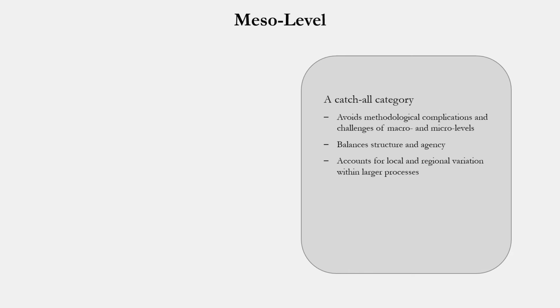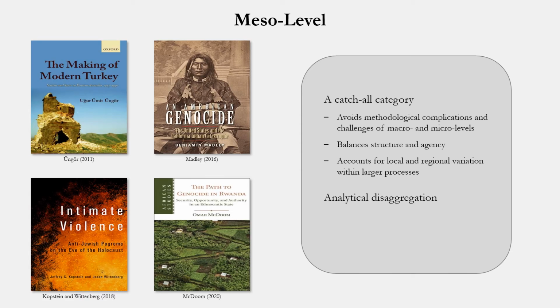Moreover, this approach is attuned to explain local and regional variation within larger episodes, thereby contextualizing emergent factors at the local level with larger structural processes at the macro level. This type of perspective has become increasingly popular in Holocaust and genocide studies, which often looks at the sub-state level of analysis, in terms of particular provinces, states, prefectures, or regions. This approach has moved the literature away from explaining episodes of genocide and mass killing as holistic events, and instead toward the disaggregation and explanation of different causal processes and mechanisms at various levels of analysis that play a role